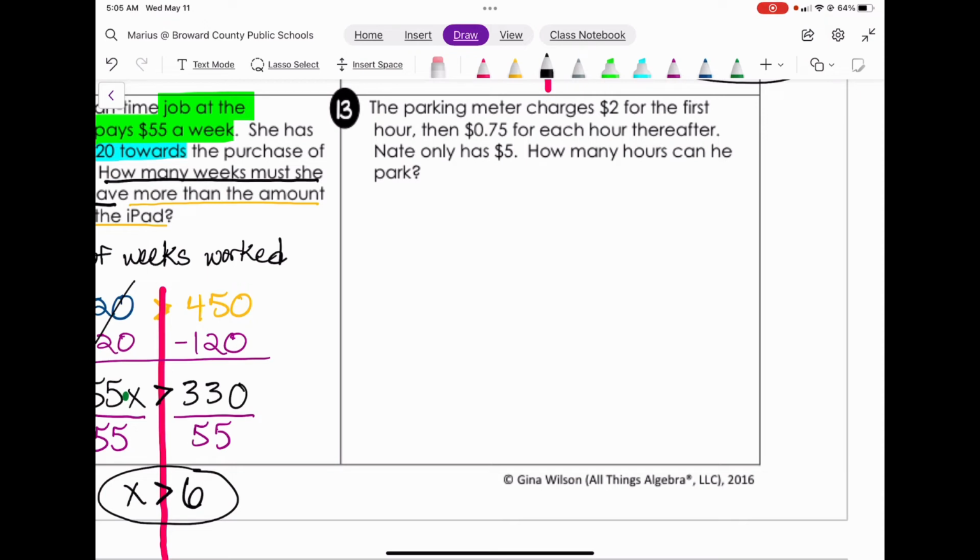So, first things first, we have to define our variable. We let x equal something. Now, usually the question, this is the question here, because it has a question mark. Usually the question is where we look for what we're going to use to represent our variable. In this case, it says how many hours. So we're going to say let x represent the number of hours